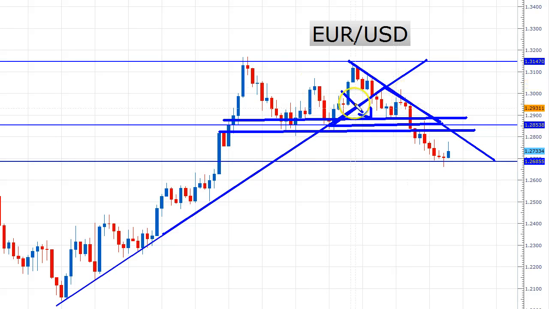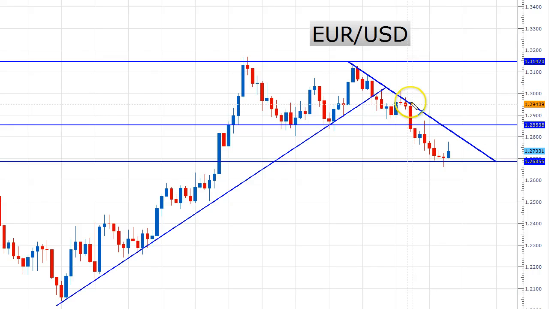So when it was in between 129 and 130, the euro dollar was kind of in a no man's land here, and as you can see, it crawled up, tested here, and then all of a sudden, with one major bar, it came from all the way at the top of this trend line here, touching it, to breaking through our major level, and that happened in a single daily bar.